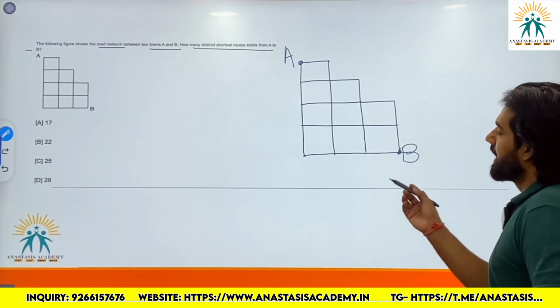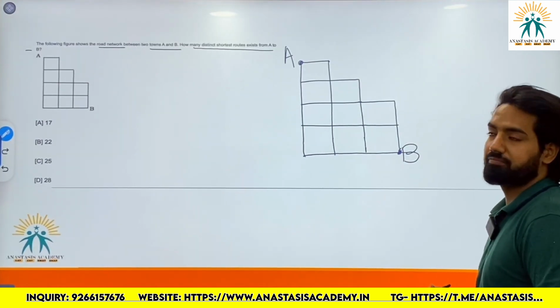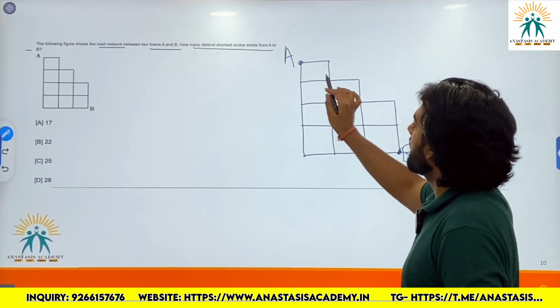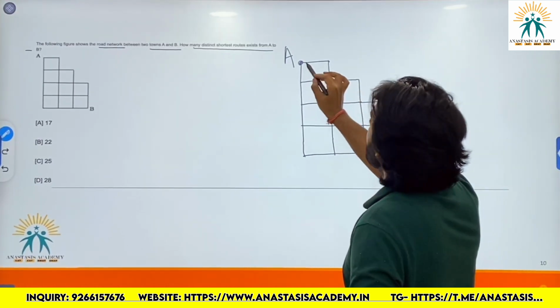Let's see how. I can reach B from A through multiple roads, and it would be very hectic to calculate each road one by one, and it would be very confusing because